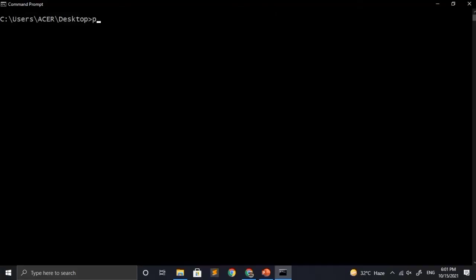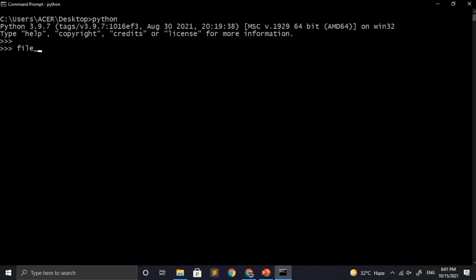Now let's have a hands-on practical. First of all, start the Python REPL by giving the command python. First, let's open a file using the open function in reading mode. Once the file is open, we will use the file object with the tell method to check the initial location of the file cursor or handle. Here we can see that it has returned 0, which means that the cursor is at the beginning of the file.